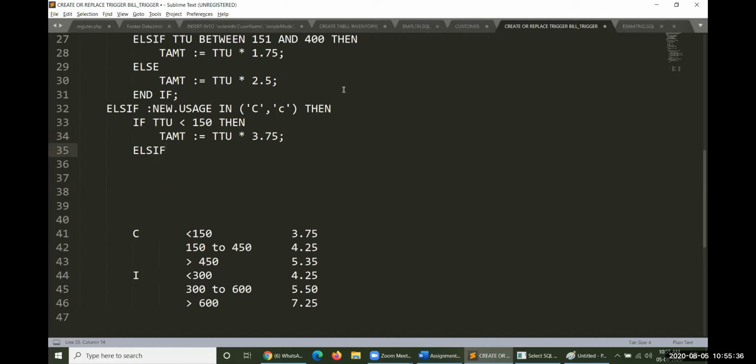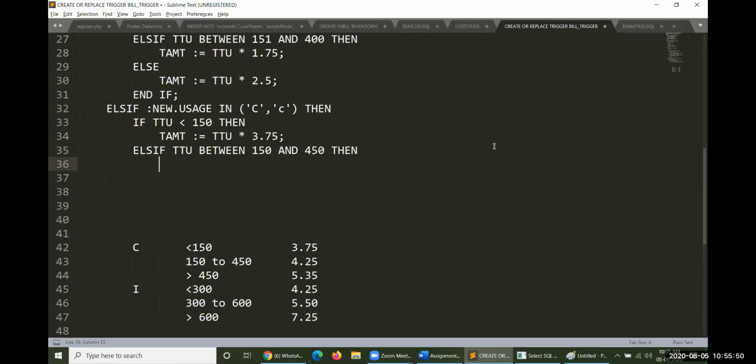Else if it is 150 to 450, so TTU between 150 and 450, then TAMT will be equal to TTU, total number of units, into 4 rupees 25 paisa.